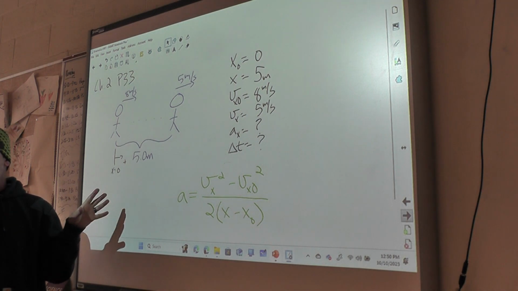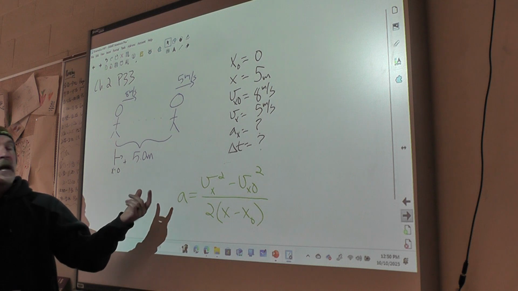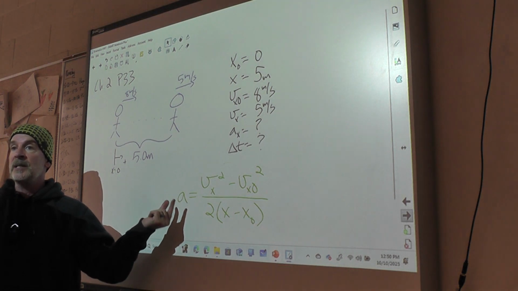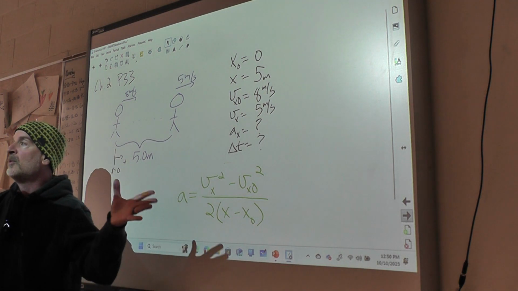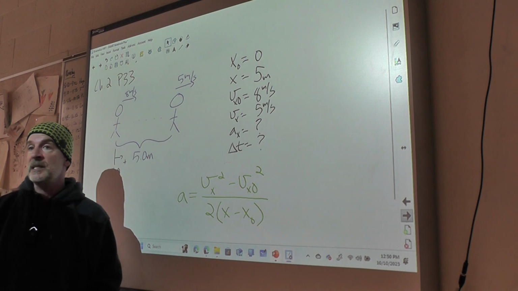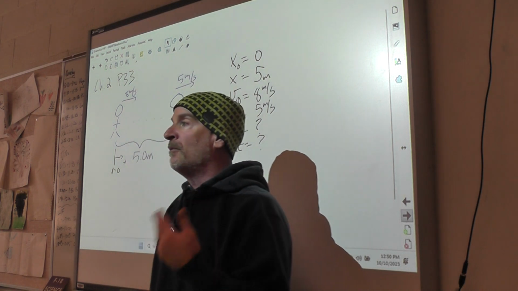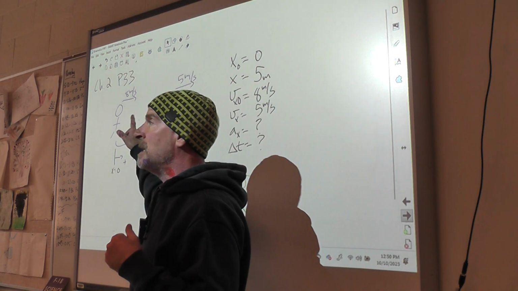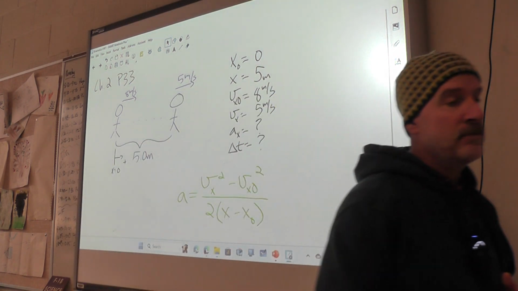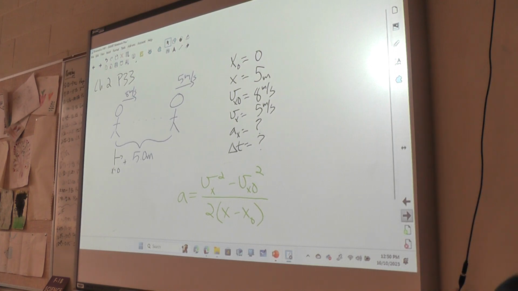So just keep in mind that when you're asked for the magnitude of something, it means the size with no regard to direction. So in this case, the correct answer to this problem is a positive number, reflecting the magnitude of the negative acceleration in this case. All right, and that is that.